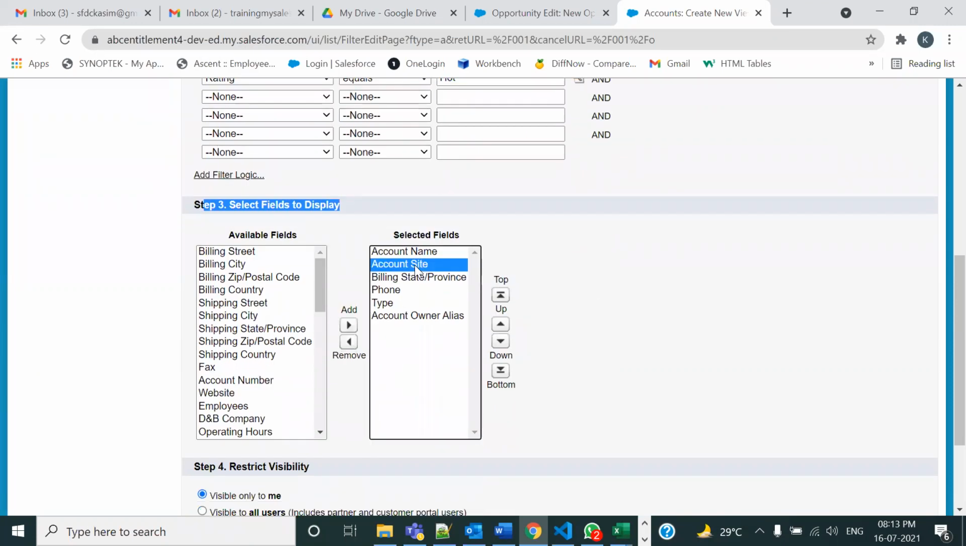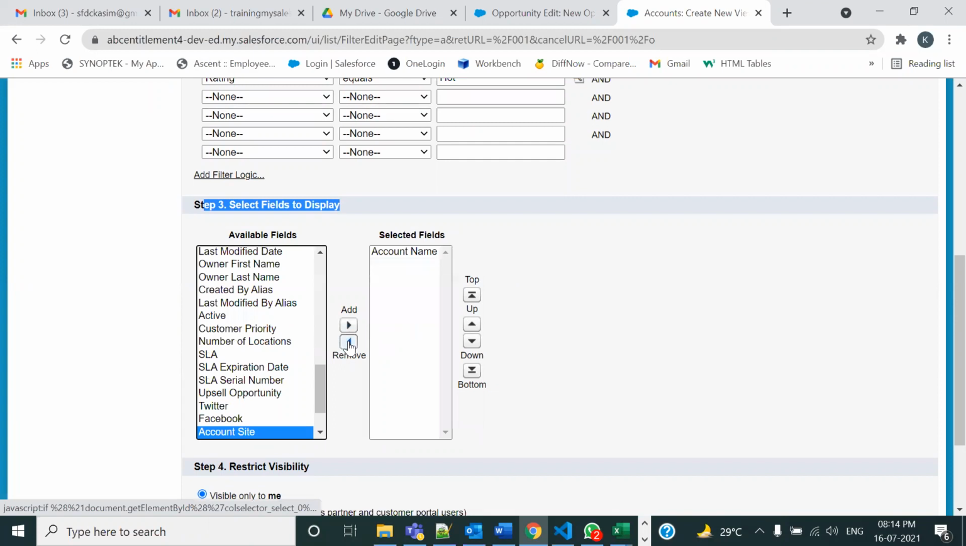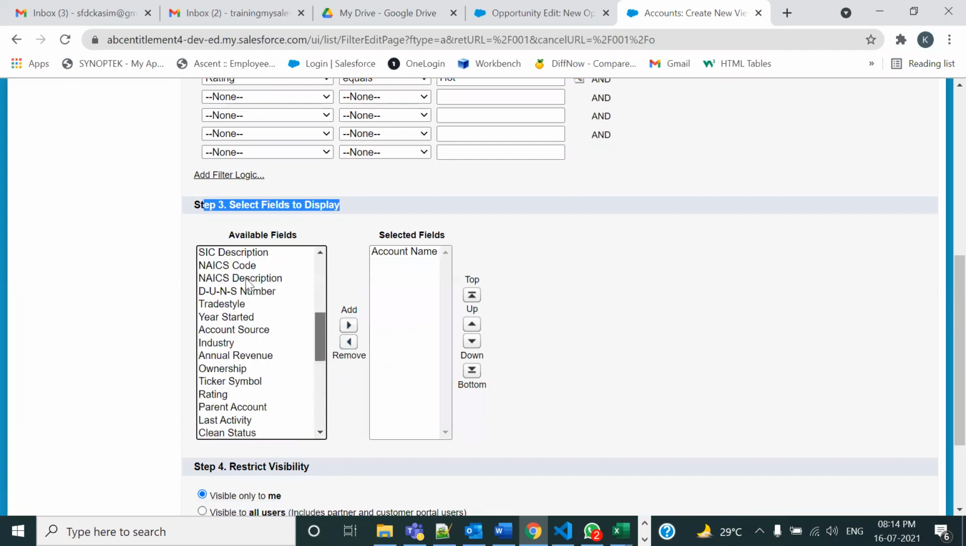So I don't want to make it visible on the account side. I don't want to have this on the display. Billing settings जरूरत नहीं, phone की जरूरत नहीं, type की जरूरत नहीं, ठीक है. I don't want all of them. I'm just removing them. Instead of this, what I want is that